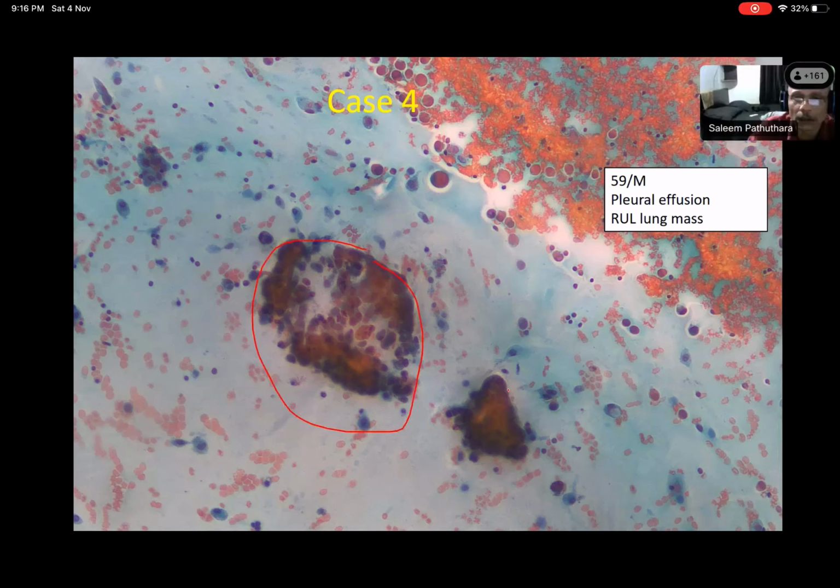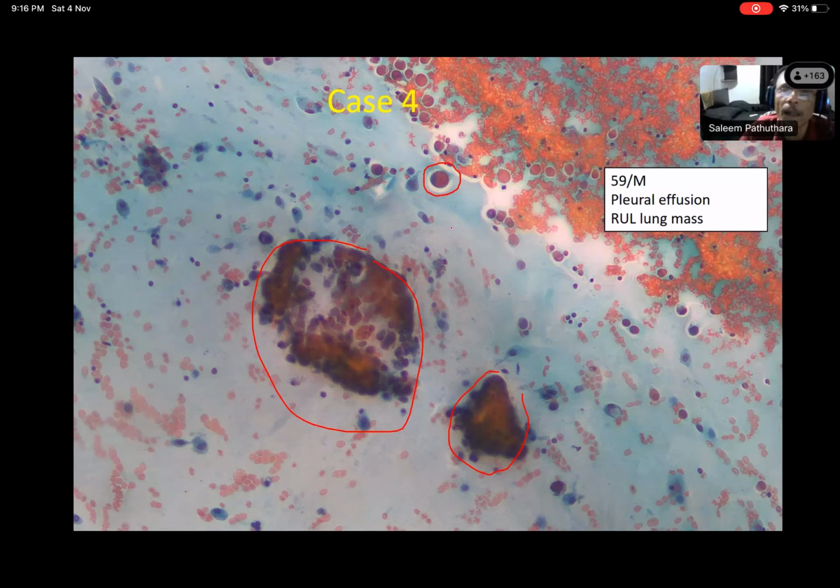Or maybe you can describe the morphology pertaining to this single cell. Can you tell me the morphology in the cluster, sir? Okay, single cell also the same thing, no? So you can describe the morphology. What about the cytoplasm? Do they have cytoplasm? They have, yes, sir, with moderate amount of cytoplasm. But what is the staining they have taken? Can you see green? I can see reddish. Is it green or red?